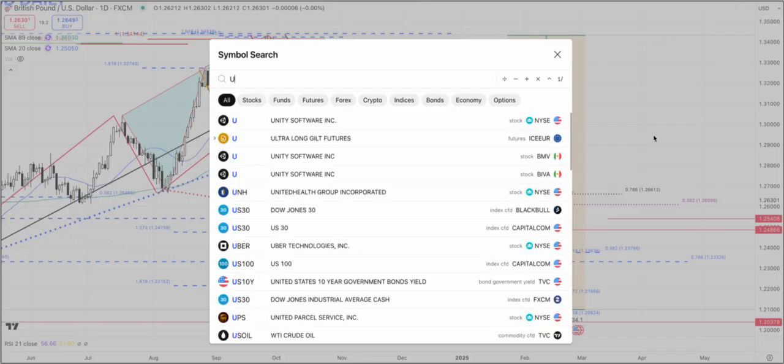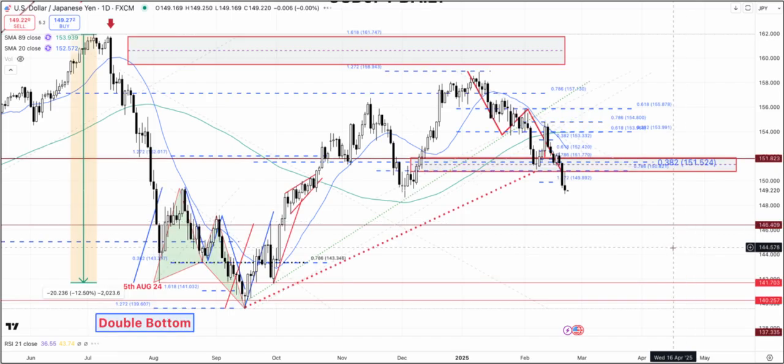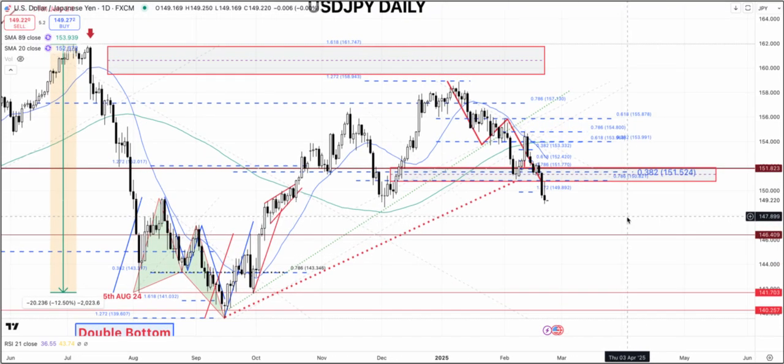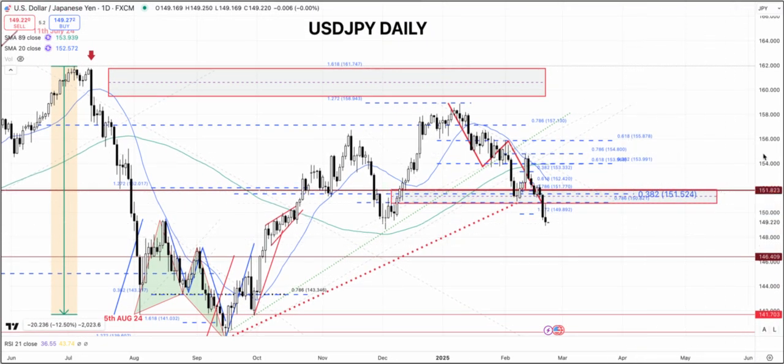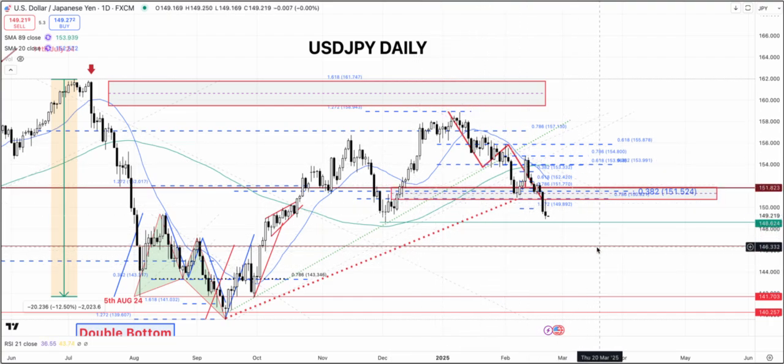Okay, so the other currency pair that we are watching is the Japanese yen versus the US dollar, and this one, oh wow, I thought this 78.6% retracement would hold, which it did for a few trading days, but the selling pressure has been just relentless. And we are now really tagging these lows right here. Getting below this, of course, changes a lot of things.